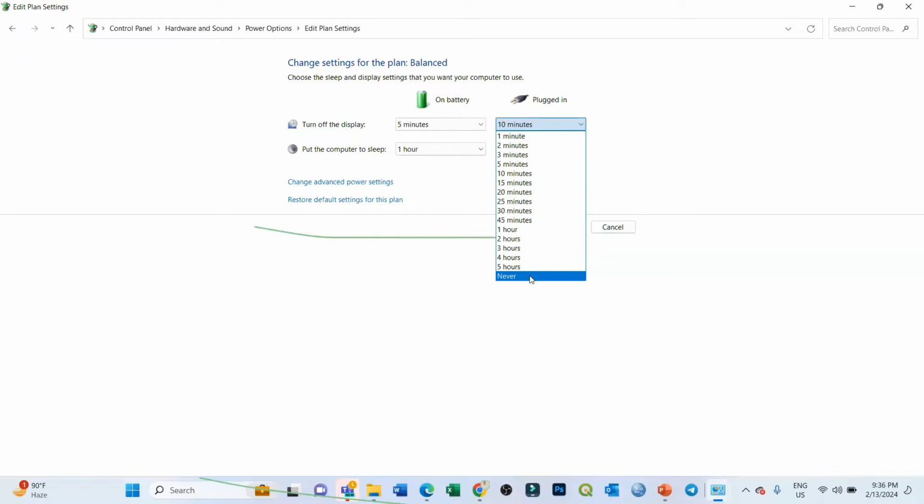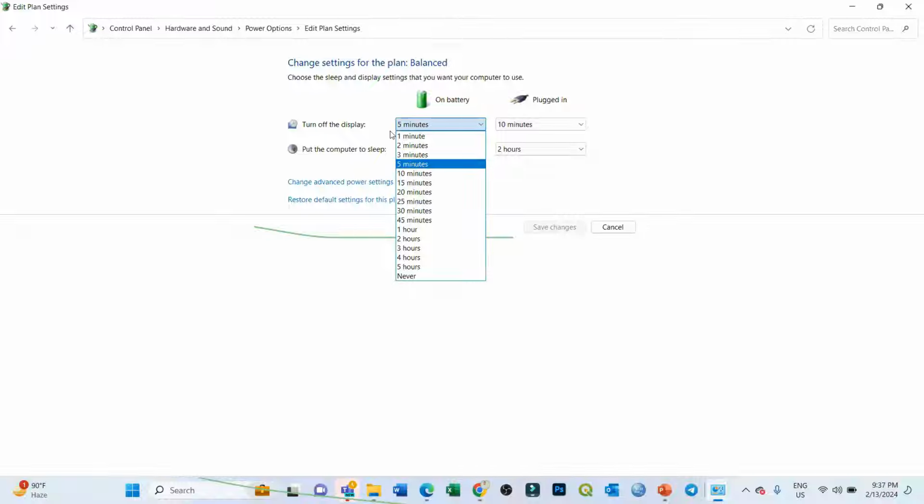Maybe never. If you put never, that means the display will never go off. That's what it's going to be. But you can put any time that you want. For this, if it is on battery, that means you unplug the charger. So if you want it to be like this, you can do it. So for the